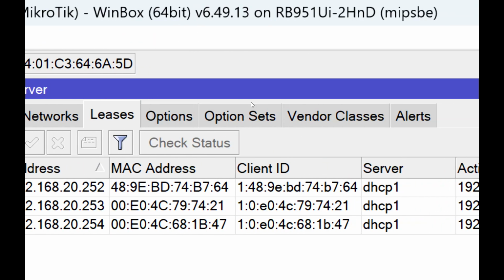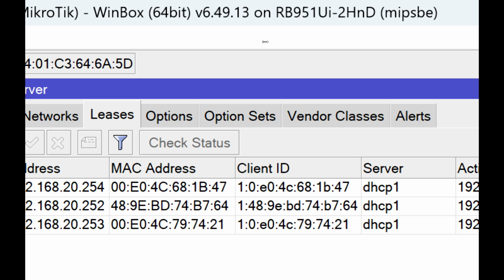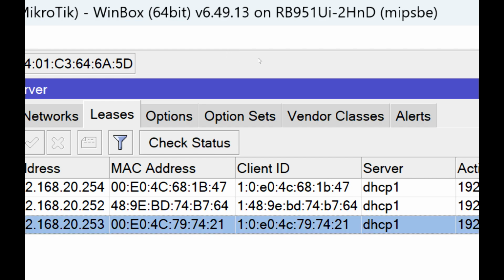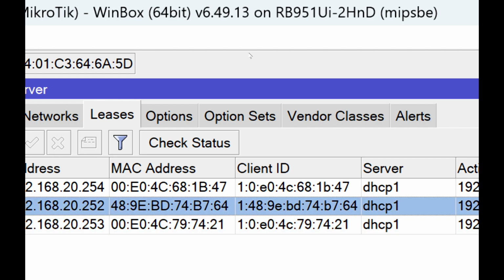Looking at this very well, you will notice that we have gotten even the name. Look at the things the router collects. It has collected the MAC address of the people. This is Fabian, Fabian's laptop. It has told us that it has given 192.168.20.252 to Fabian. Then Lex, your laptop, it has given